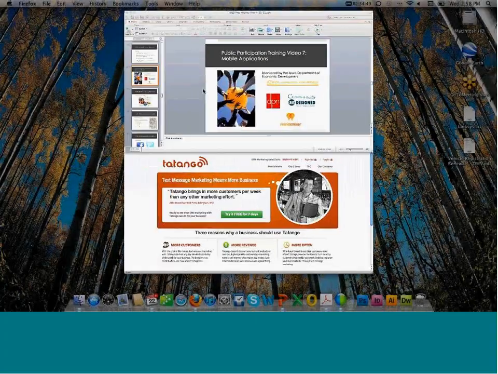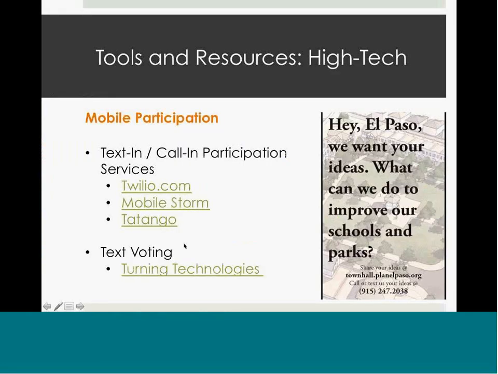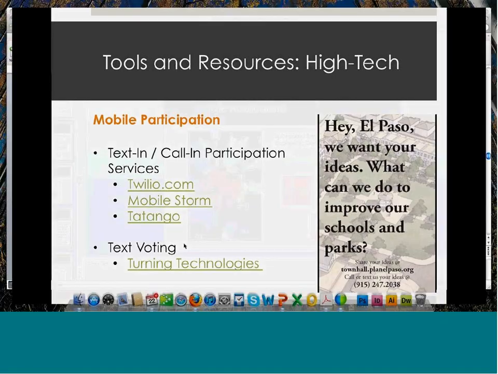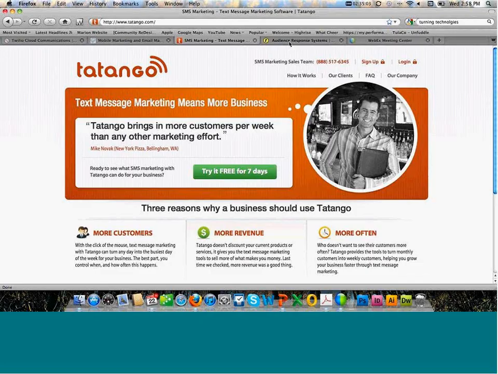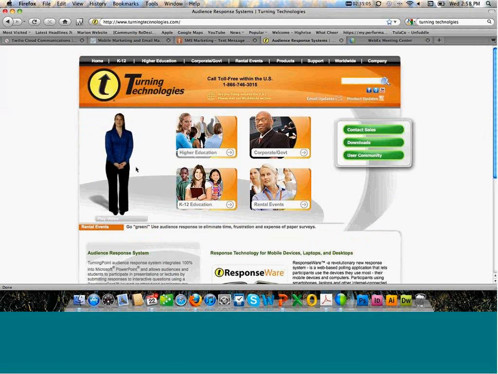The last piece worth talking about here is the ability to text vote. We talked about keypad voting technologies and capabilities, but there are also companies out there that allow you to do that same service, but through mobile phones.